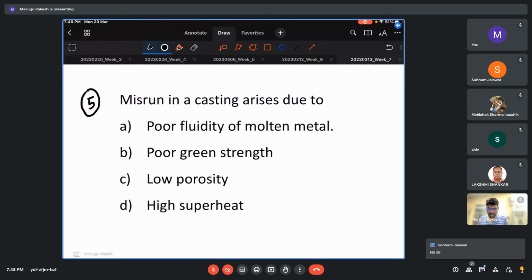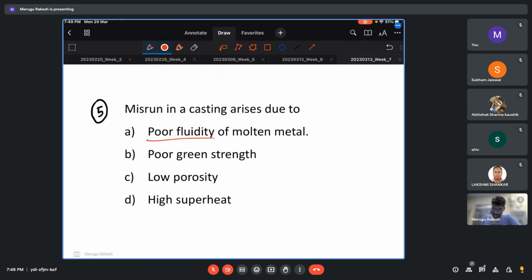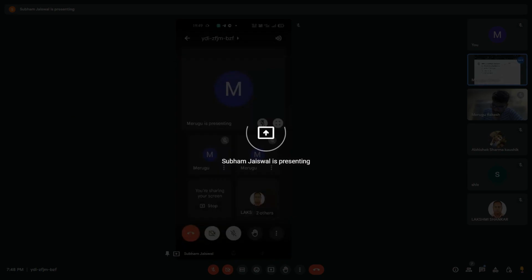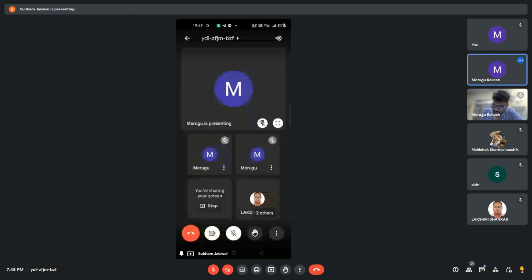Misrun in casting occurs due to poor fluidity of the molten metal, poor green strength, low porosity, and high superheat. So this is a direct question. This occurs due to poor fluidity. So how to avoid this? One is to select a high pouring temperature, and